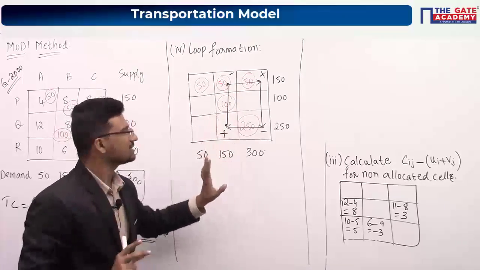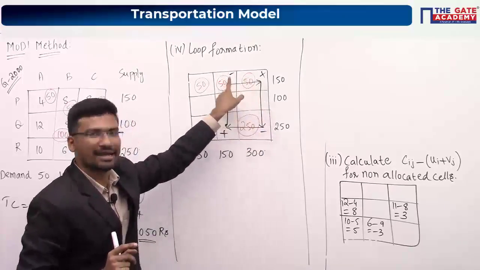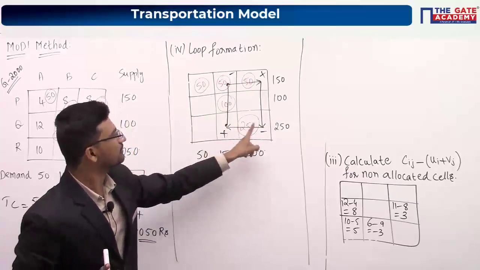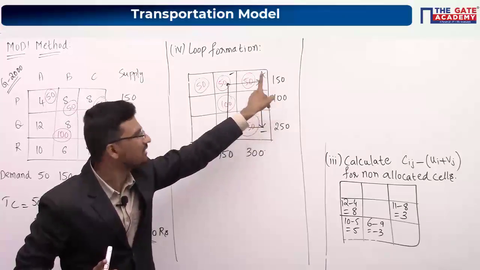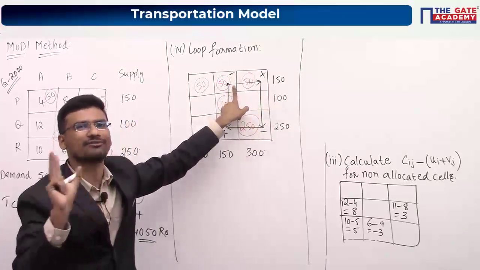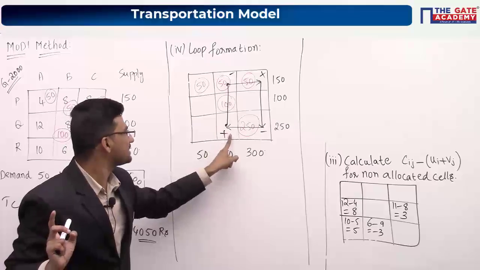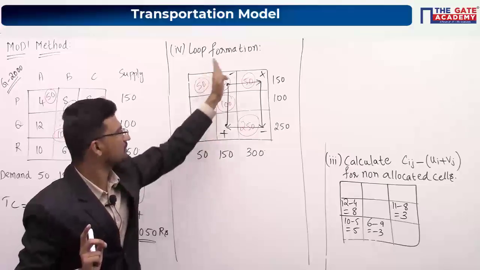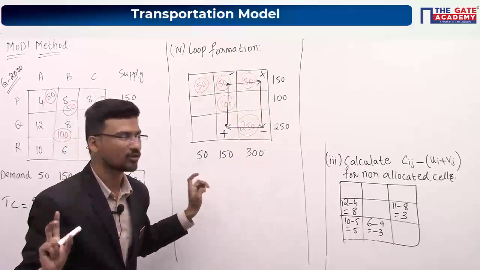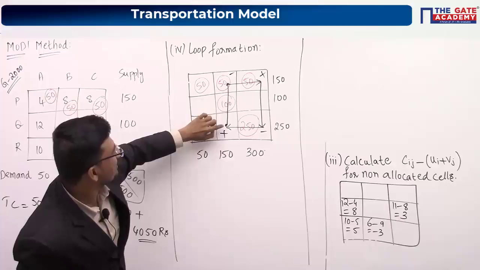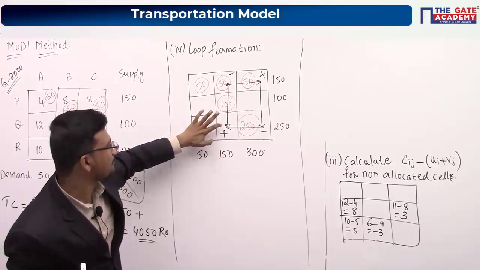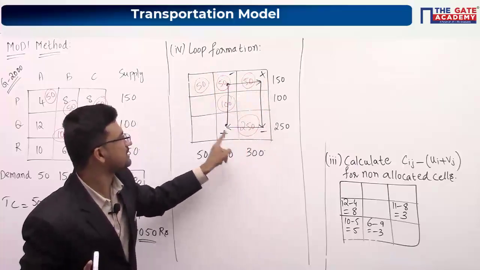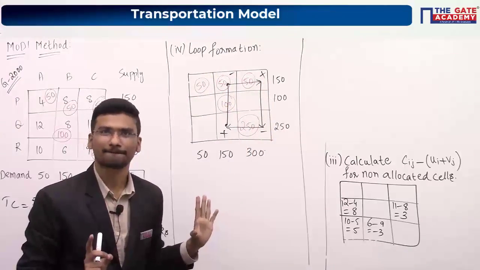Now you just remember it like this. Alternatively, you have to take plus and minus at the corners of the loop. So this is a corner of the loop, this is also a corner, this is also a corner, and this is also a corner of the given loop. Here I am taking plus, minus here, plus here, minus here. Maybe clockwise or anti-clockwise, that doesn't matter. So in this particular corner of the loop I am taking plus, and in the other corner I have to take minus, plus, minus, plus. Alternatively, you can put plus and minus.